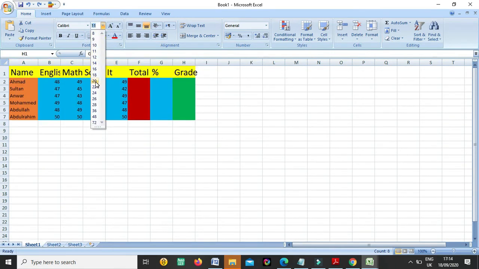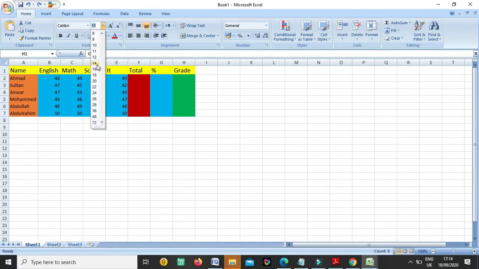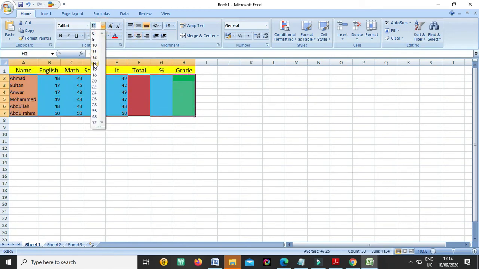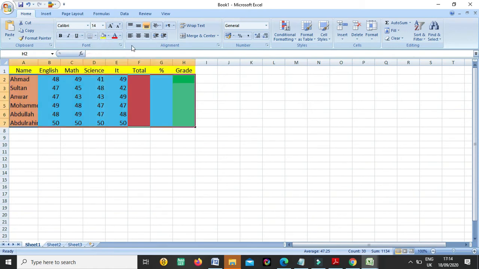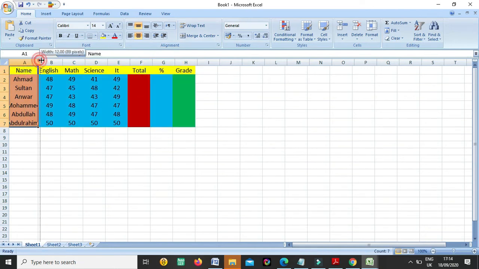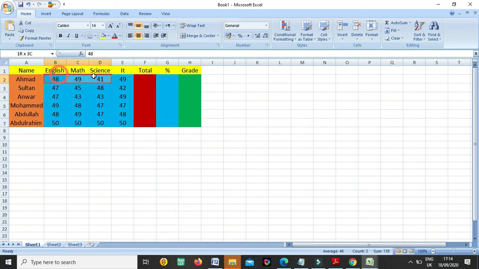Okay, like this, I make it in the center. Also, this text, I increase the size. I make them in center. Okay, so now we have the names here. We have the marks for English, Math, Science, and IT.